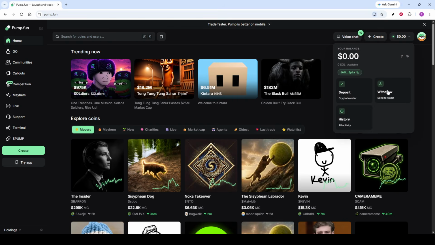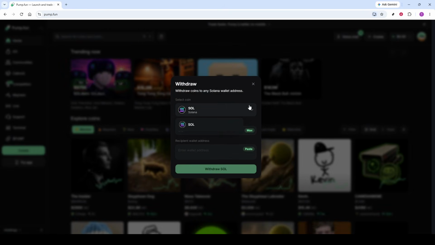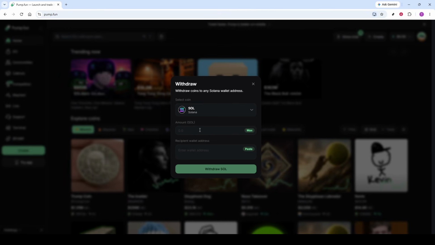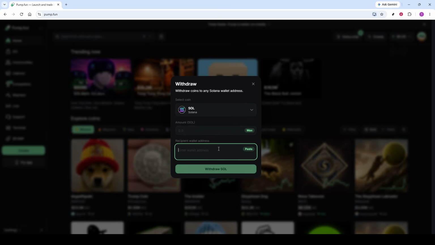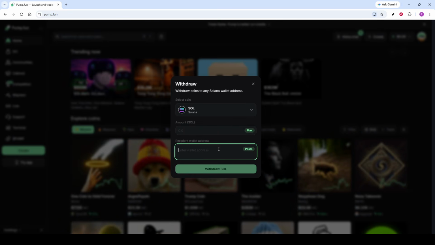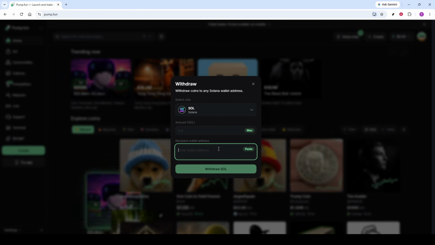Next, select the coin you want to withdraw. This part is important because you want to make sure the asset you choose matches the wallet and network you plan to send it to. Before going any further, double check that your destination wallet supports that specific coin. Sending crypto to an unsupported address can cause delays or even result in lost funds, so it's worth pausing here